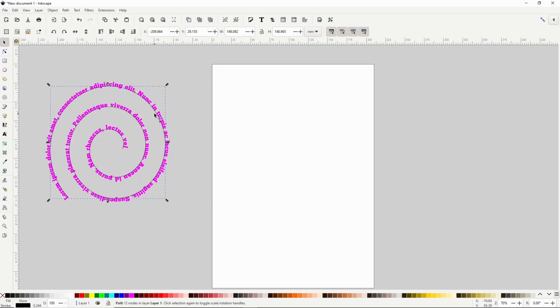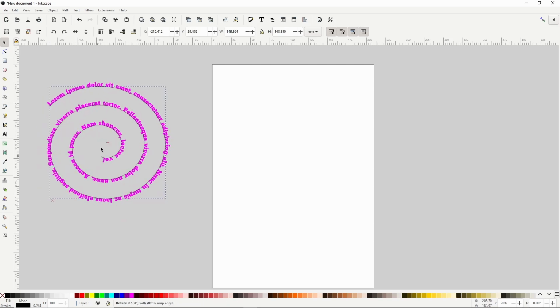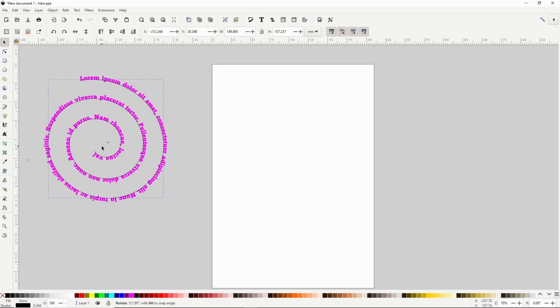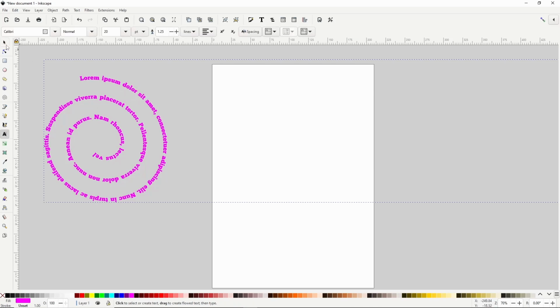We can also rotate the spiral if we want. Now if we want to be able to delete the spiral and leave the text like it is, we can select the text object and turn it into a path by going to Path, Object to Path. And now we're free to delete the spiral. Be aware, however, that after we turn a text object into a path, we can no longer edit the text with the Text tool. Also, if our text was longer than the spiral, we'll have the extra text located way